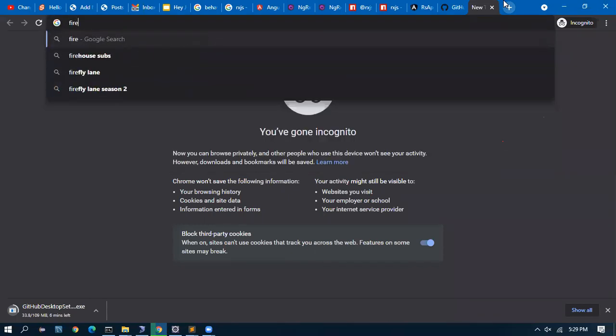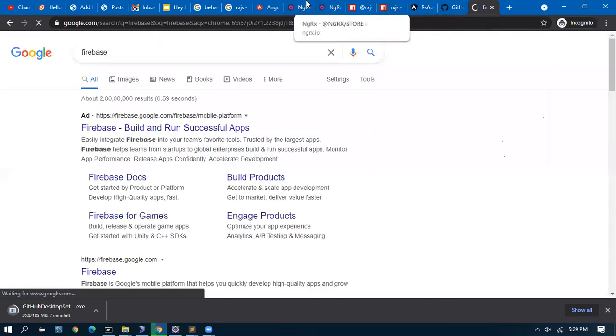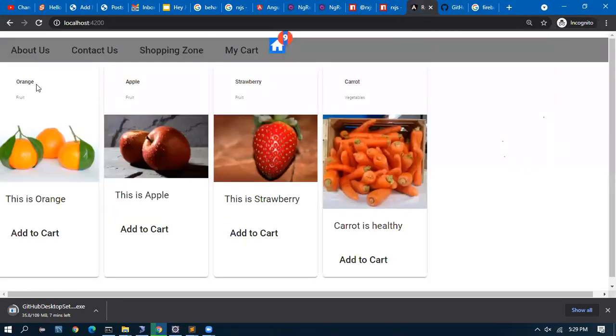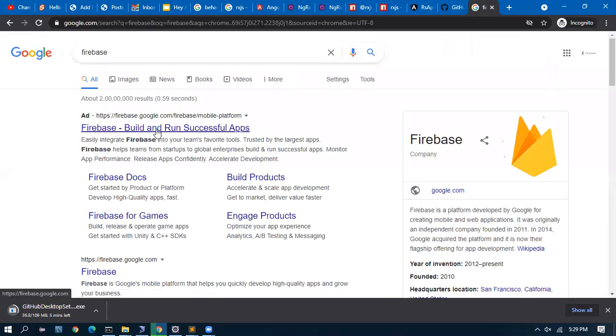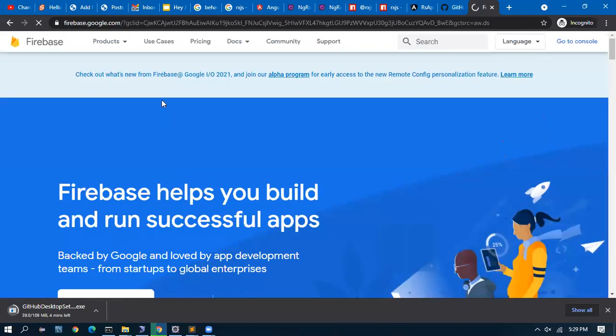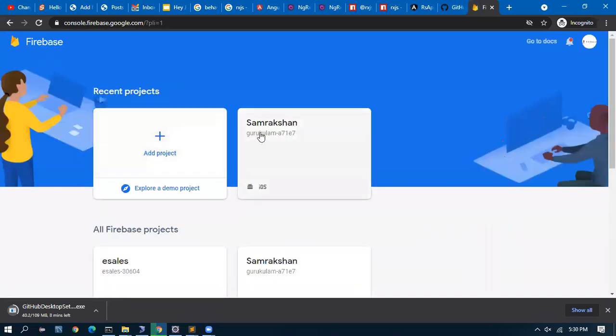We will be going into one interesting concept. We need a database to fetch the values, correct? Currently, we are showing everything as a hard-coded array. This array, as it is, we will store in Firebase.